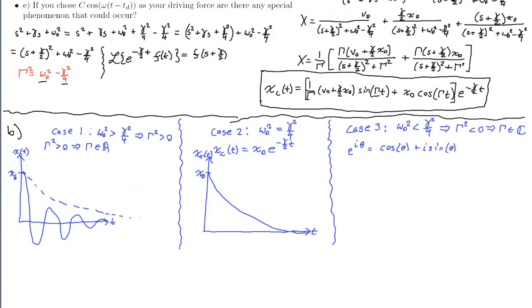If this theta is imaginary, then maybe we could rewrite it as theta equals i phi. Then this will be e to the negative phi, which will be equal to cosine i phi plus i sine i phi. So whenever we have a purely imaginary number